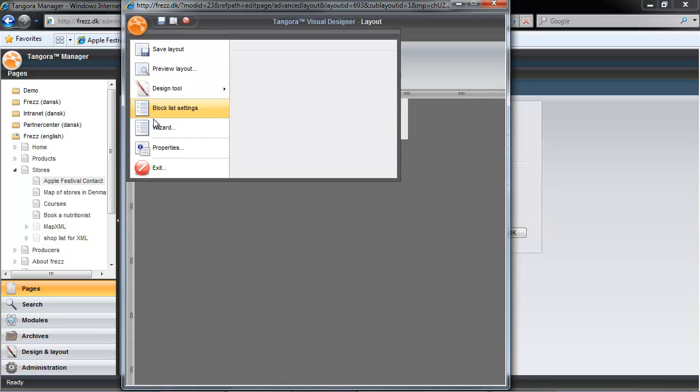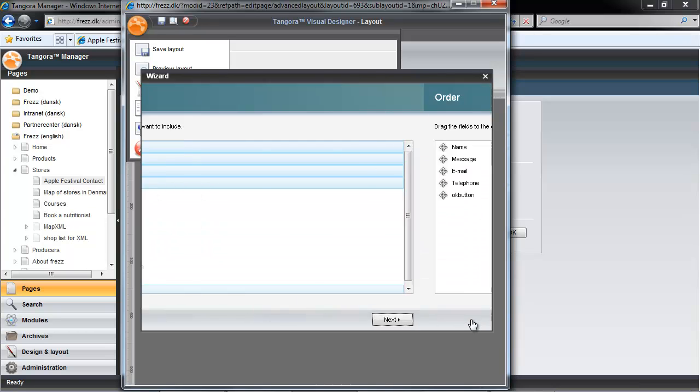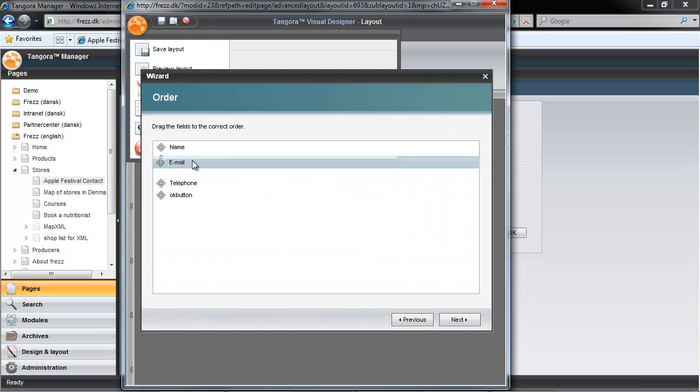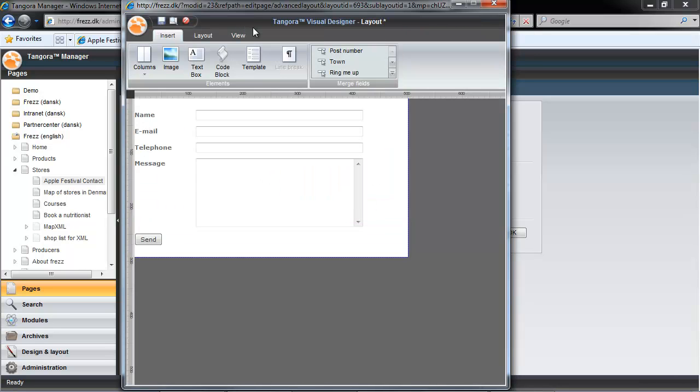And what you'll notice here is that I'm met by a wizard. The 3 steps: I have to choose which fields I want to display, then in what order they should be displayed, and finally, I'll choose how I want the layout to look. I'll just choose a few of the available options here using the Control key on my keyboard to select several choices which aren't right next to each other, and then I'll hit Next. And then I'll choose the order by dragging and dropping and hit Next. And finally, I need to choose a layout which I want to use. I'll choose Labels in Front and then hit Exit. And as you can see, my layout is now taken care of.